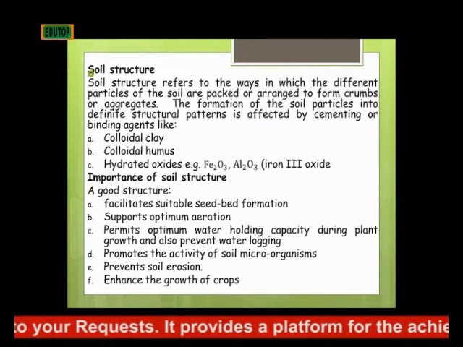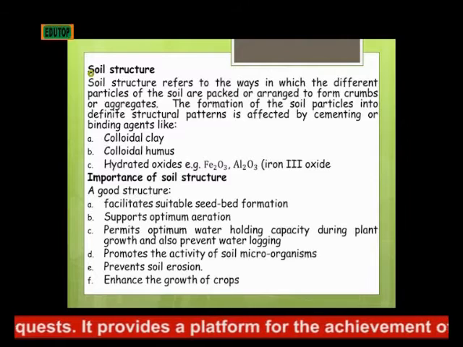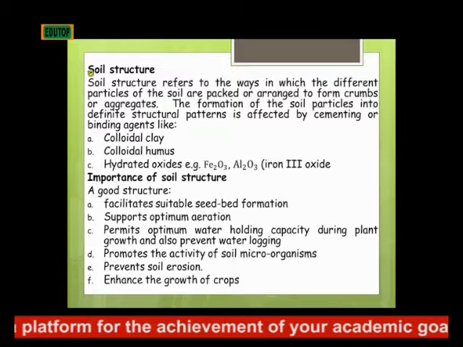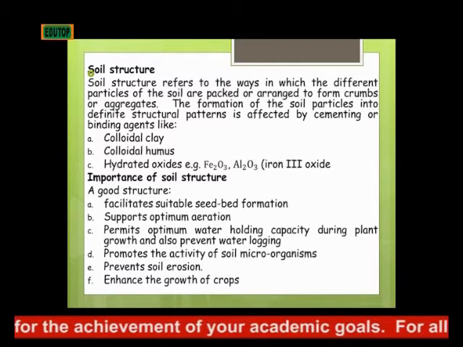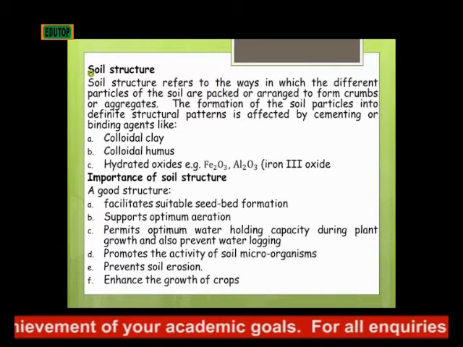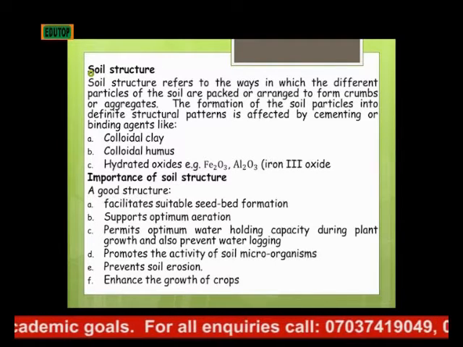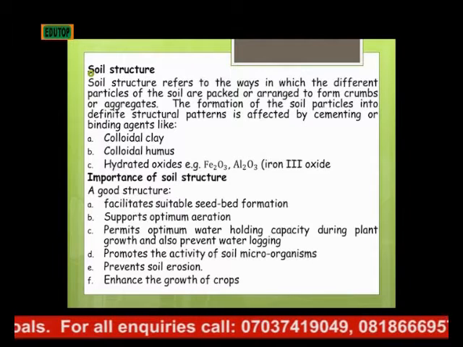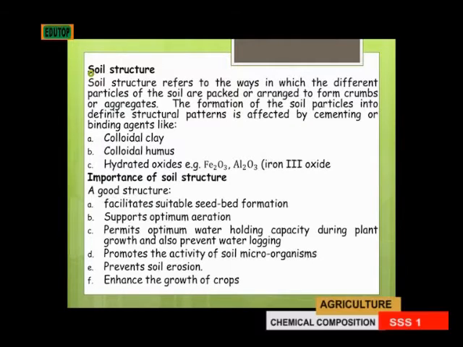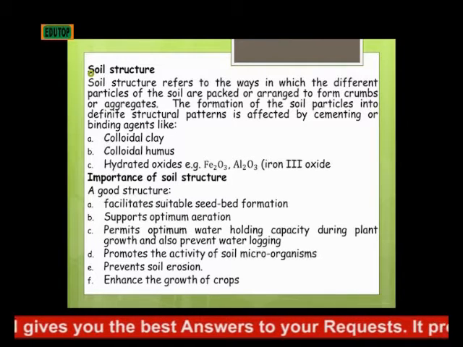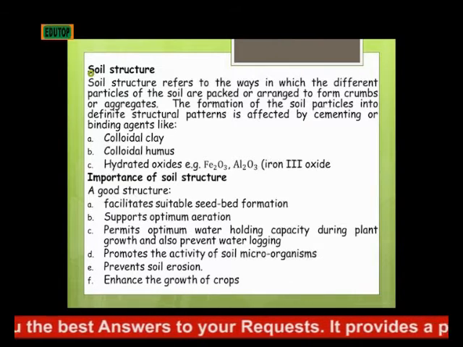Soil structure refers to the ways in which the different particles of the soil are packed or arranged to form crumbs or aggregates. The formation of the soil particles into a definite structural pattern is affected by the cementing or binding agents like the colloidal clay or the colloidal humus or the hydrated oxides, just like iron(III) oxide. Importance of soil structure: a good soil structure facilitates the suitable